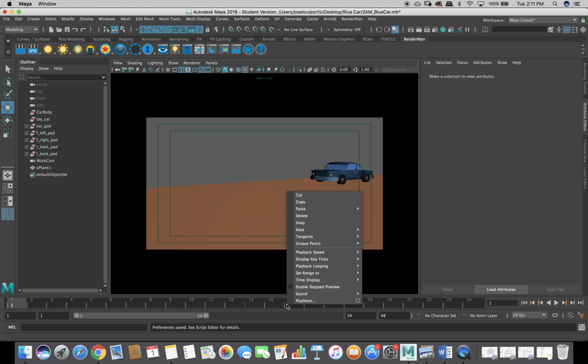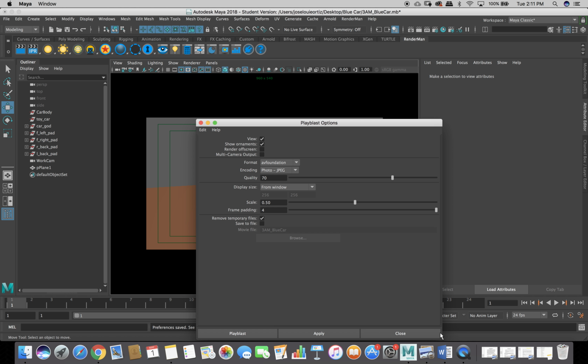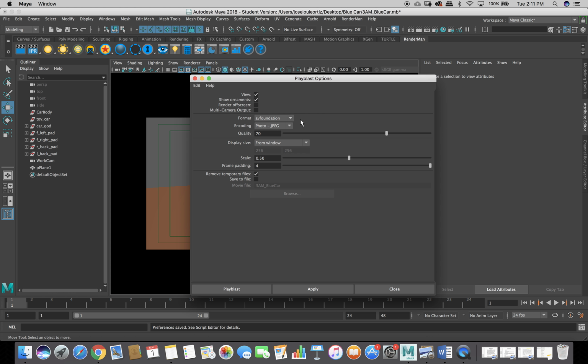Okay, so there's the menu. Rather than clicking on playblast, go to the right of the playblast to the checkbox and click on it. This gives you the playblast options. Are you guys able to do this? Am I going too fast? No, I got it. So please, if you can, keep AV Foundation, you do need to have the encoding H.264,